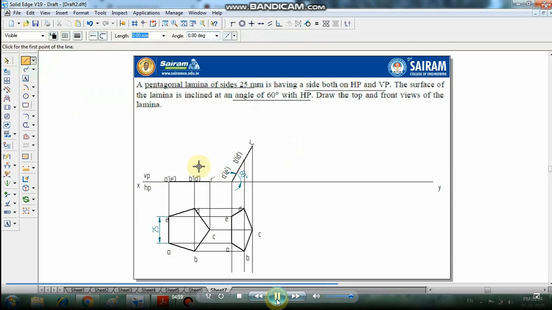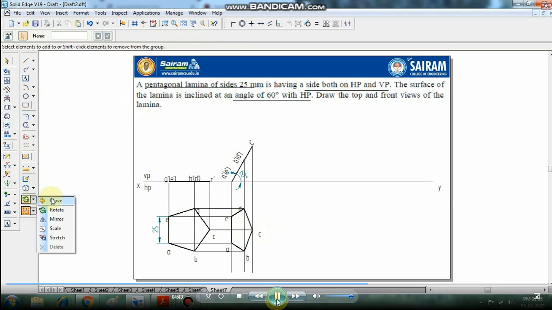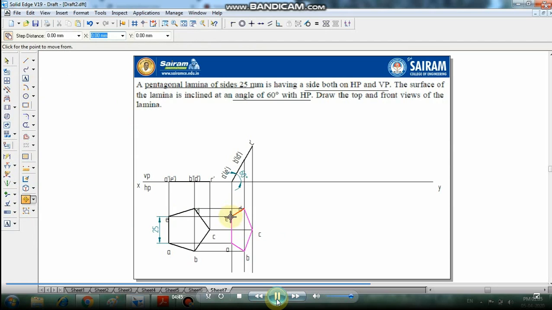Now the lamina rests on a side on both HP and VP. So we have to move this and keep the side EA on the reference line. Select all the entities and make them a group, so that we can move by selecting the edge EA and keeping point E on the line.